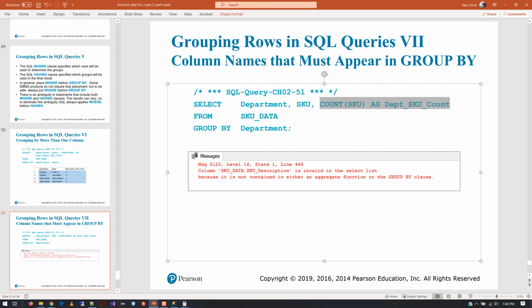This can't happen. I'm not really sure how to, I'm not explaining it well, am I? But maybe you want to read it from the book more than listen to me talk about it. They're just saying that you can't put that in there because if you start doing this, it's going to conflict with the fact that you have the department in the first